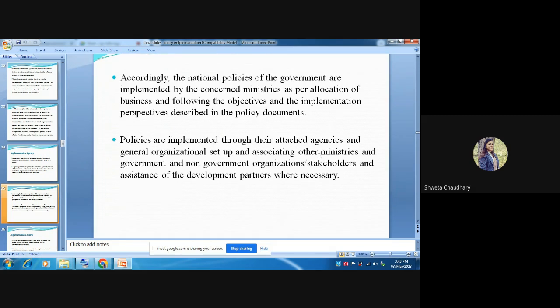The basic problem in our country is small and fragmented landholdings. Farmers with small and fragmented landholdings get a small marketable surplus, so they are not able to get good prices because of the small production. To overcome this, the government has given a concept. Earlier we had cooperatives, now we have FPOs, farmer producer organizations. Seeing the problem of poor people and small farmers, the government has initiated the policy of FPO.